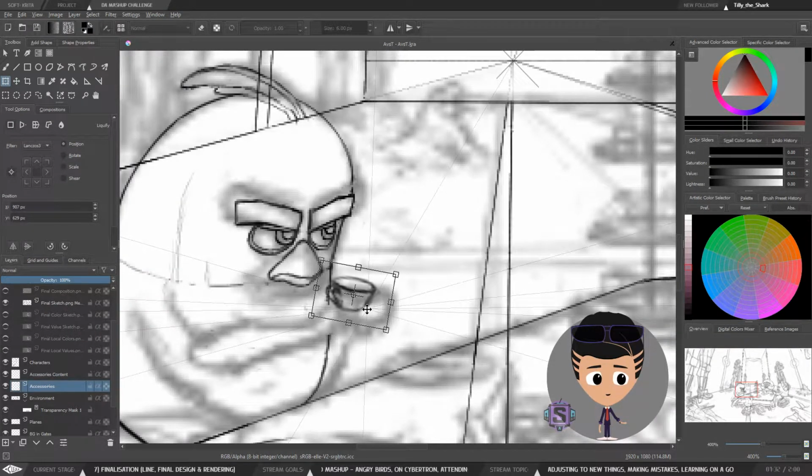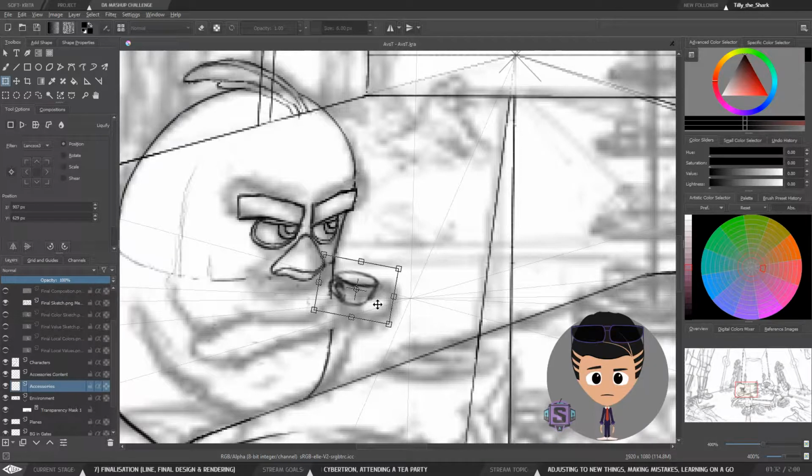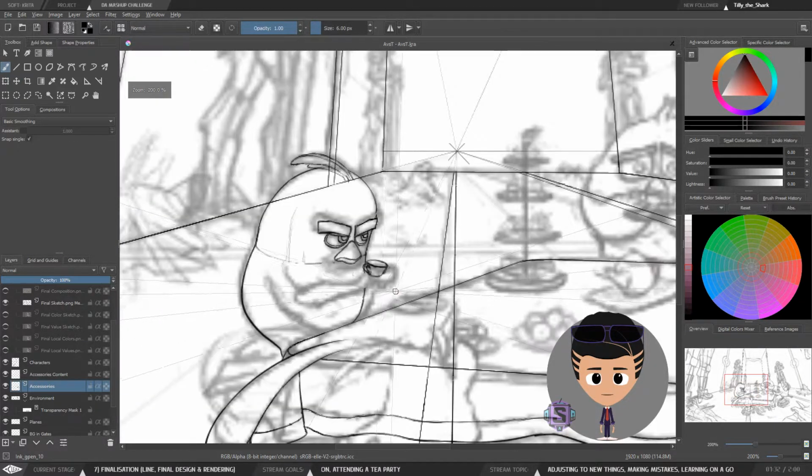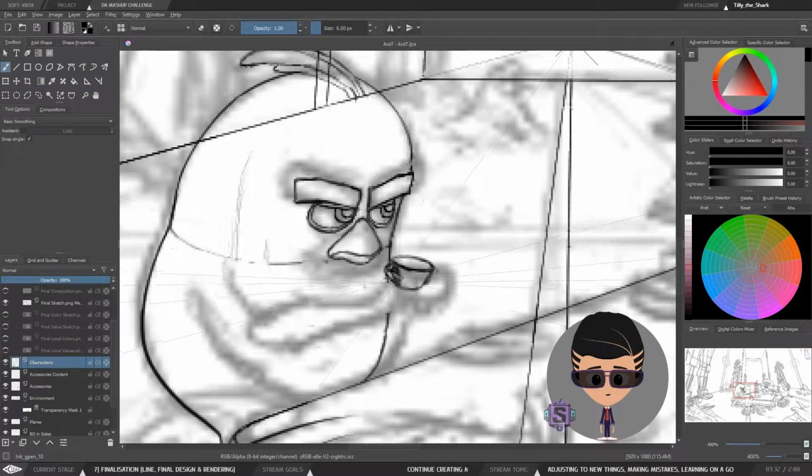He's so tense that he's not realizing the position of his cup. It could be the case. The cup is tilted slightly. Okay, so now how he's going to hold this cup is definitely